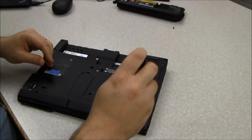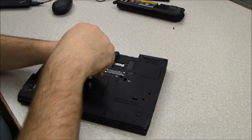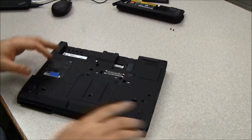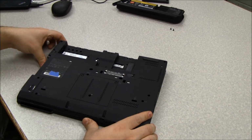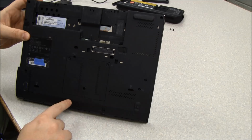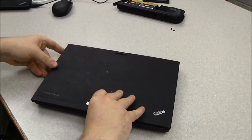The one nice thing about the Lenovo machines is they use a pretty standard screw size. They really only have 2 or maybe 3 screw sizes. So I've removed the 2 screws from the marked points that have the keyboard icon on them. So we can flip this back over